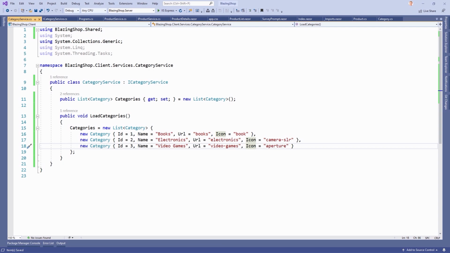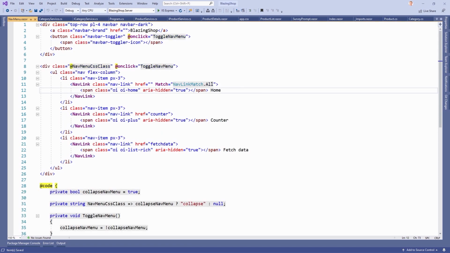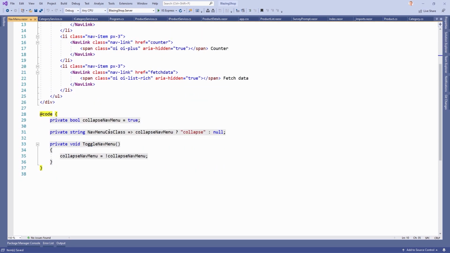Isn't that great? And now we have to go back to the, no, we don't have to go back to the index. We have to go to the nav menu actually. So let me just open it that way. With Control P, you can look for the classes or the files in your project. And here we see